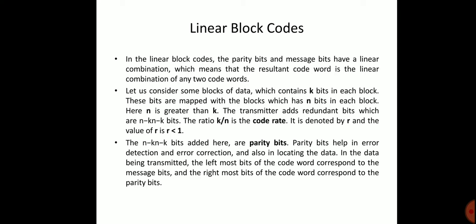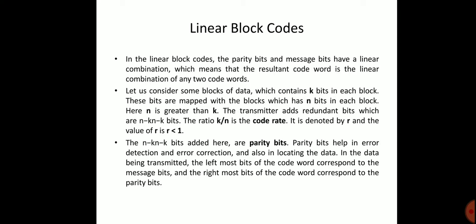In this lecture, EC 8551 Communication Networks, Unit 1 Error Detection and Correction Capabilities, we are discussing the linear block codes. In this presentation, we cover how block codes are encoded in communication transmissions, what the different types of error control coding are, and what linear block codes and convolutional codes are.